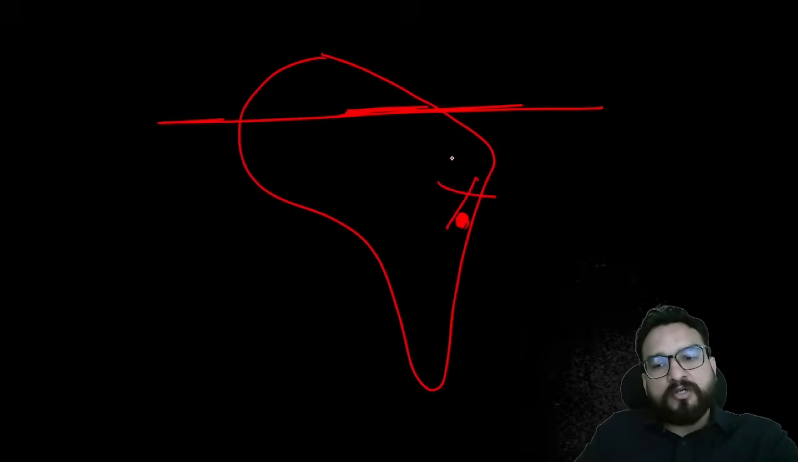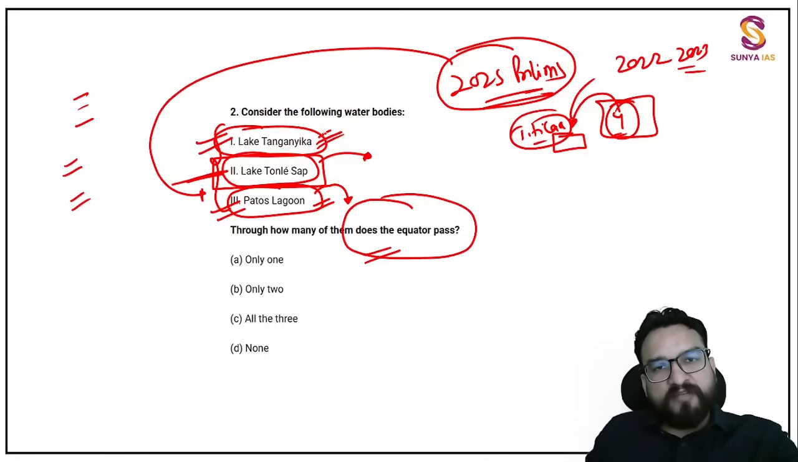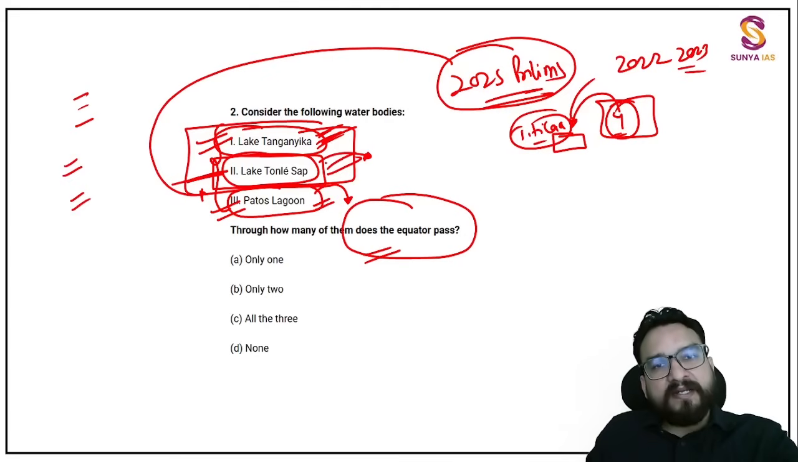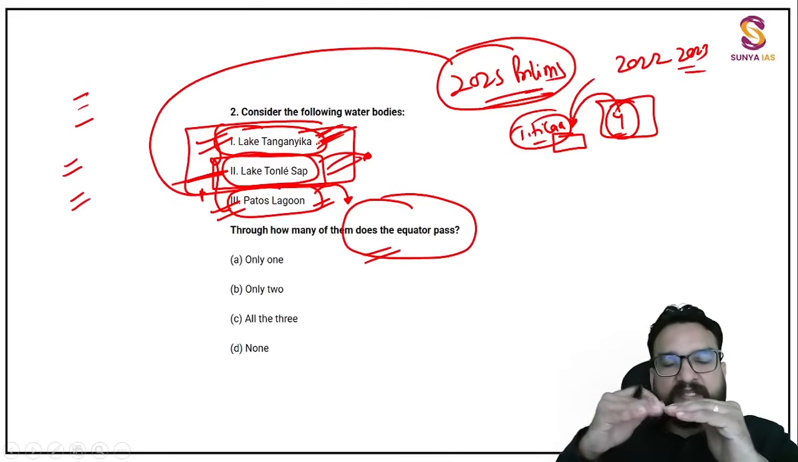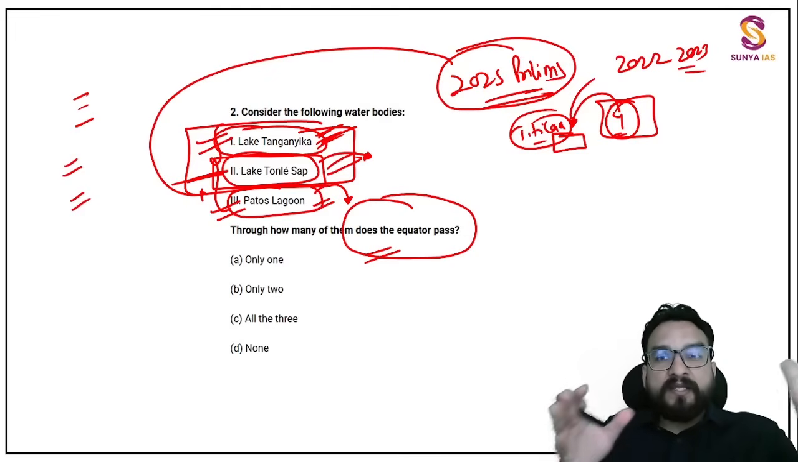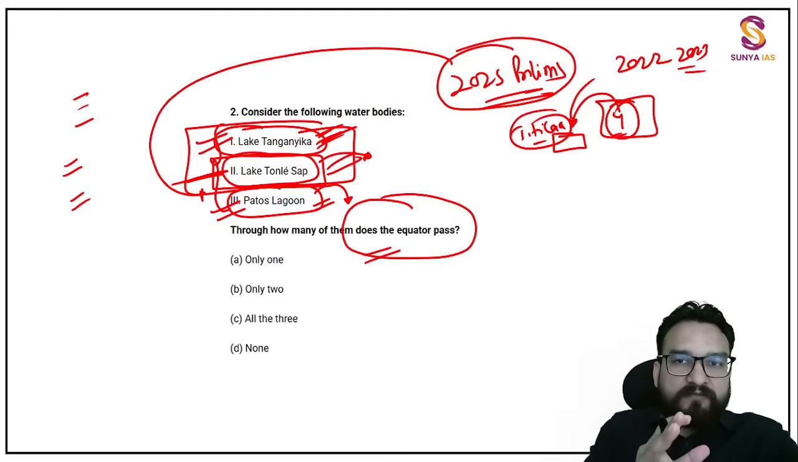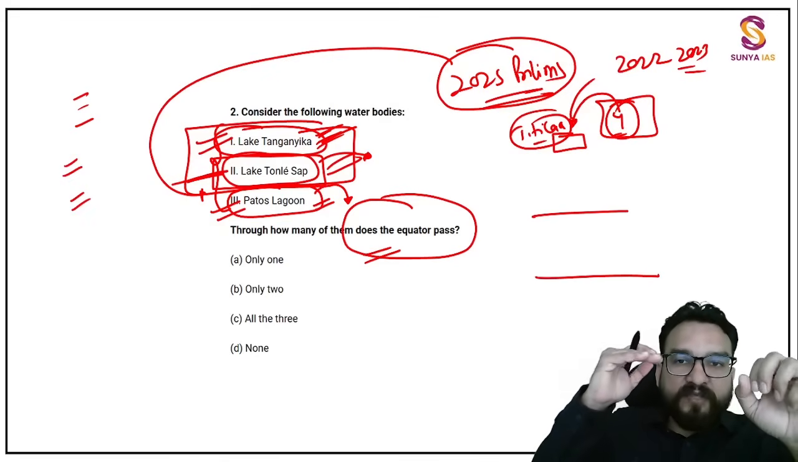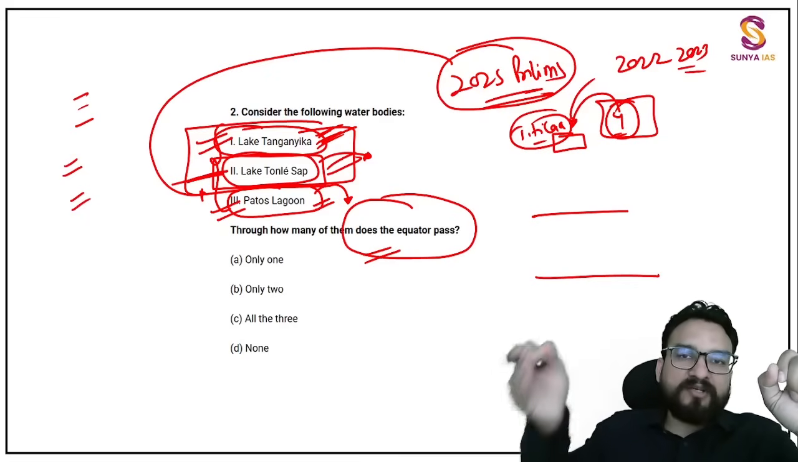So this is not at all the case. Patos Lagoon. When you will be learning about these 2 other lakes also, automatically you will be understanding that okay, these Tanganyika and Tonle Sap also, you will be understanding whether they are near to equator, on the equator, or away from equator. That's why in the starting political understanding when we were taking, and I was telling you about equator, Capricorn,